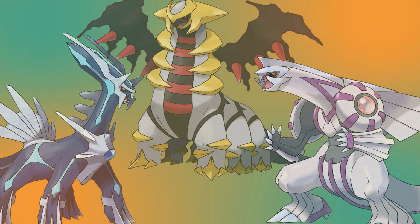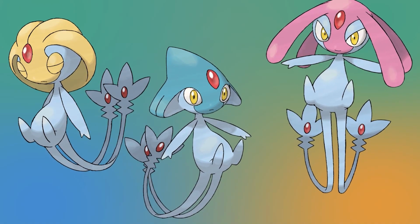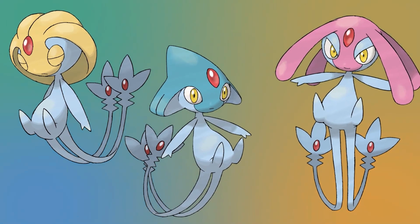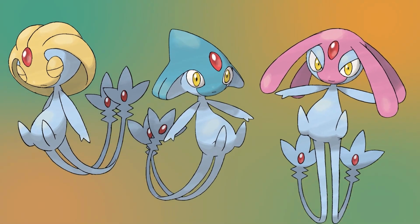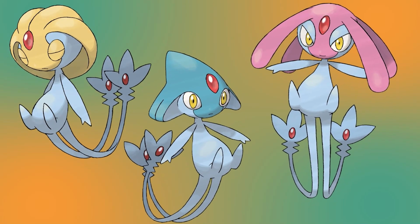The last group of Pokemon I want to look at this week is the Lake Trio of Uxie, Azelf, and Mesprit. I want to narrow in on these Pokemon specifically, because they're the first real instance of copy-paste design found in the Pokédex. All of these legendary Pokemon look very similar to one another, and are also very similar to